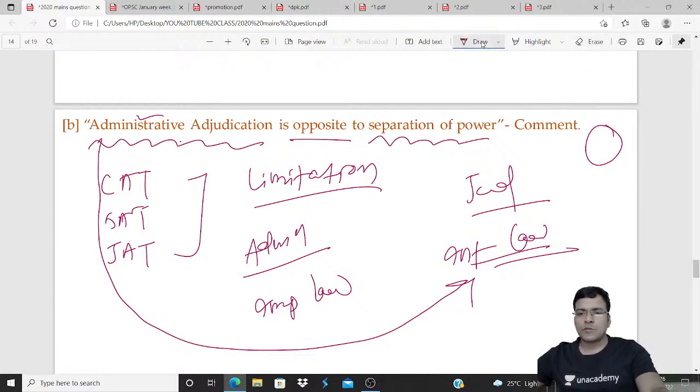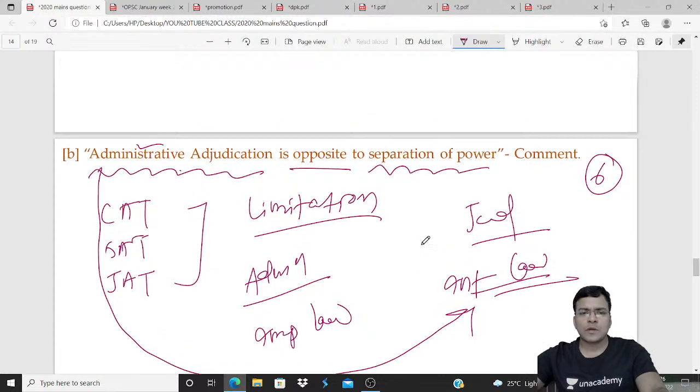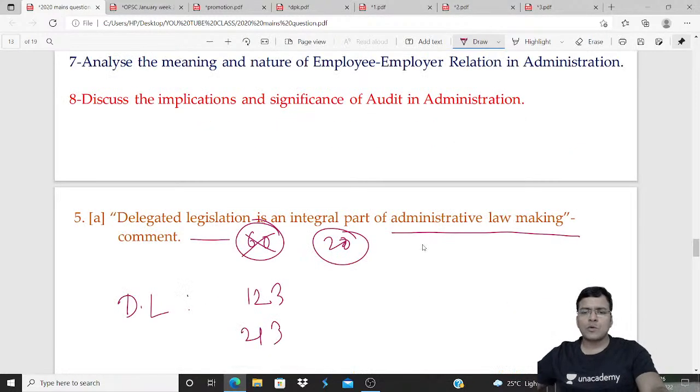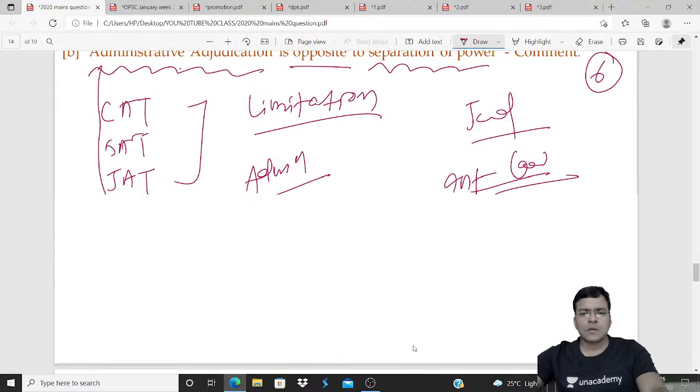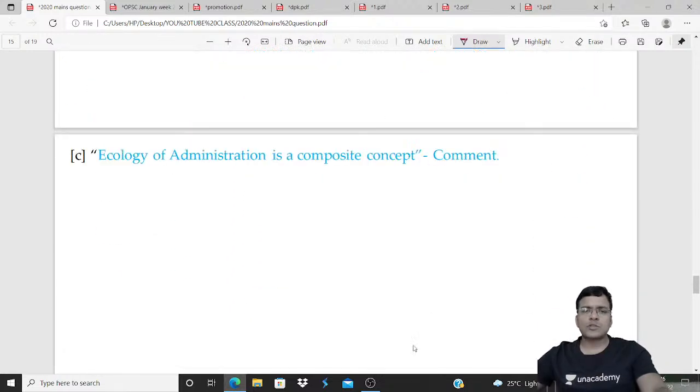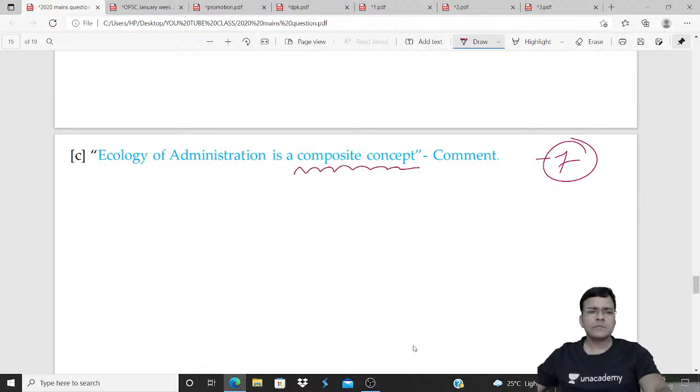This question is from Unit 6. This question is also Unit 6. So next question, yes, this question is from Unit 7. Ecology of administration is a composite concept. Yes, you have to write about Riggs' idea